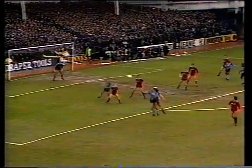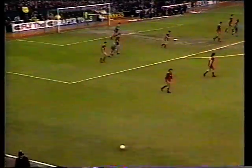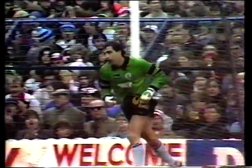Nick Holmes with the free kick for Southampton. Well, against all probability, can Southampton, with only 10 men, strike in the last seconds? Kevin Bond right in there. Moran is offside. As the half-time whistle goes, a tough and a tight semi-final here at White Hart Lane, where